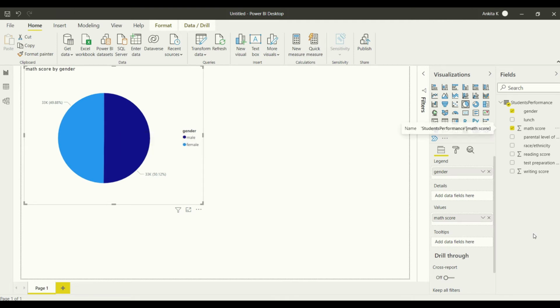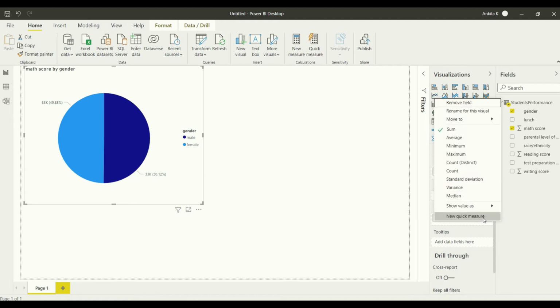However, the trick here is that this math score is basically the sum. When I right click on this one, it shows me that it is the sum here. The actual story, which I believe if you are really a data enthusiast you would understand the maths that comes into play here, is that sum could be misleading. Because let's say 10 students with really good scores from the female category, while 20 students with lower scores might still give you a good total sum, while the average would be skewed.